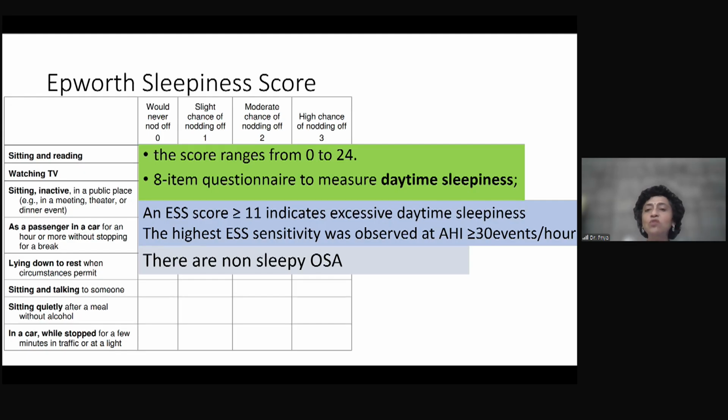We are all very familiar with this concept of non-sleepy OSA. We have to be aware that a person who is not sleepy doesn't mean they don't have obstructive sleep apnea. This is especially true in people who use their cognitive function for their day-to-day activities, because they are aware that they will fall asleep given a particular task. They may not do that task or may find ways of staying awake. And it is more common in children.